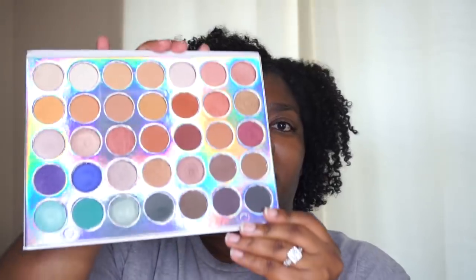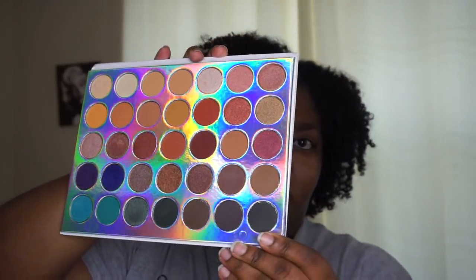And another thing that I heard was that Crown is a private labeling for Morphe. Y'all, I don't know if this is true or not, but this is just what I heard. But I saw this palette and at first glance it does look like the Jaclyn Hill palette. I don't have the Jaclyn Hill palette, but I asked my friend who is a makeup artist, and she has the Jaclyn Hill palette, and I asked her, does this look like a Jaclyn Hill Morphe dupe to you? And she was like, no, not really, because I guess